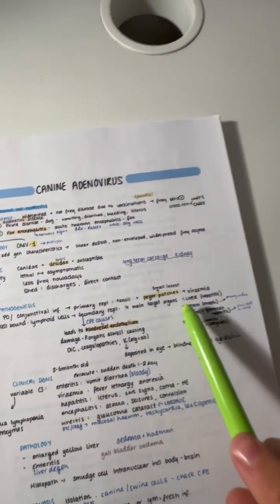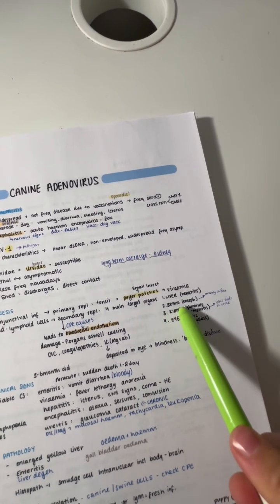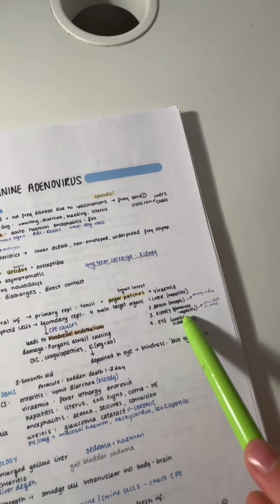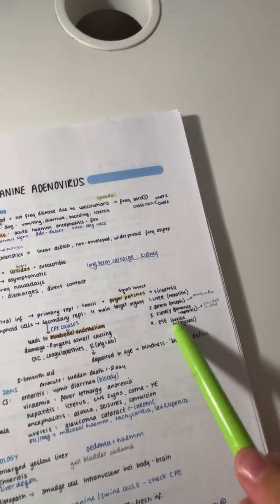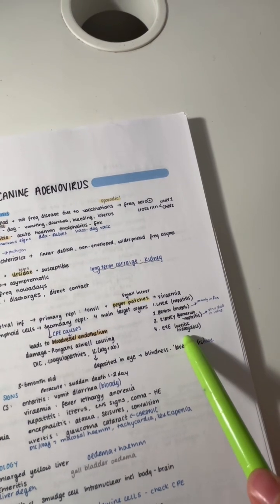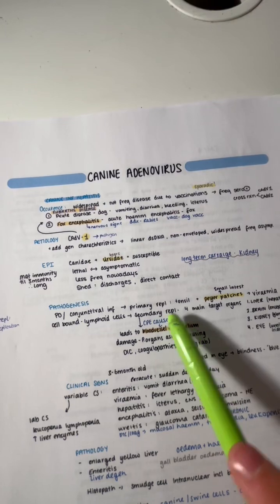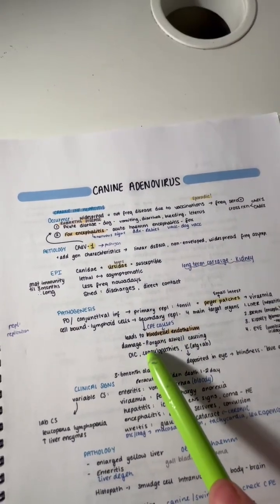organs. Number 1 is the liver for hepatitis. Number 2, it affects the brain for encephalitis, mainly in foxes. Number 3, the kidney in glomerulonephritis, and the virus sheds in urine. And number 4 is the eye for uveitis and iridocyclitis. The process of the secondary replication leads to blood vessel damage of the endothelium, as well as the parenchymal